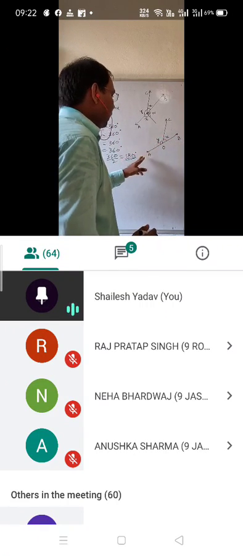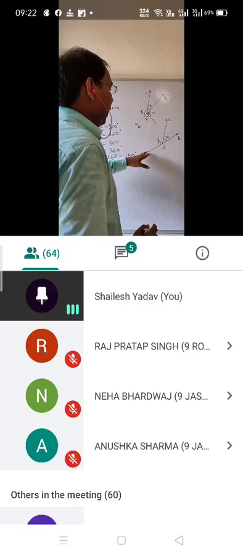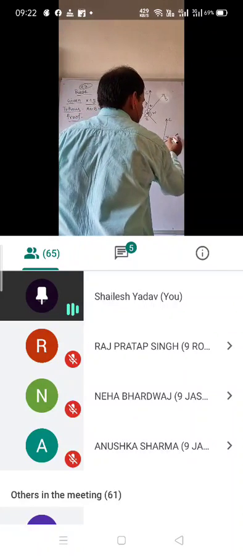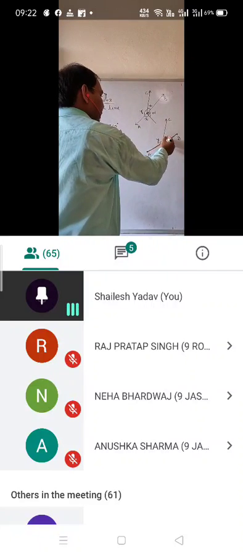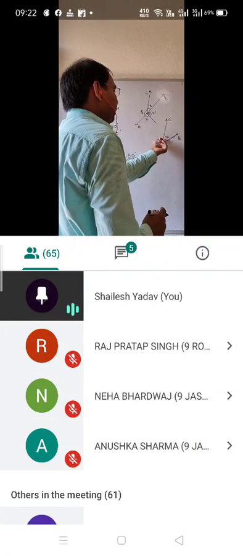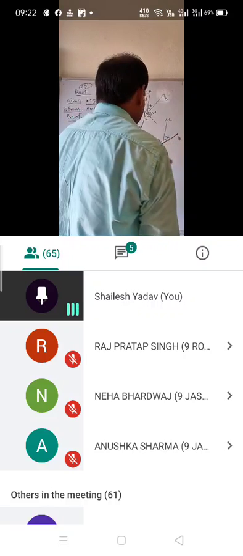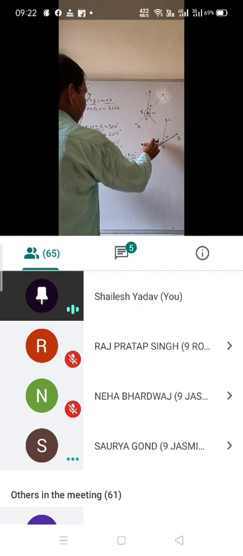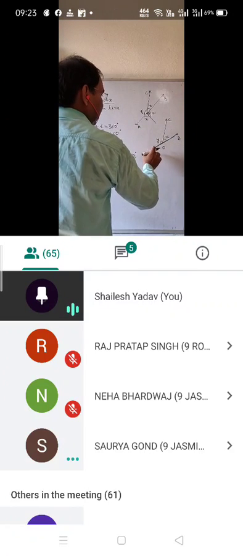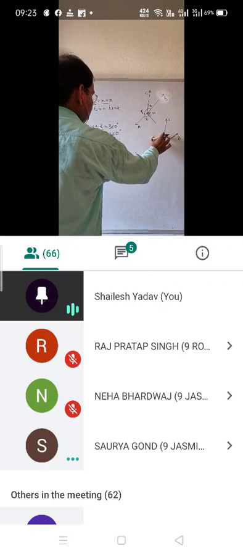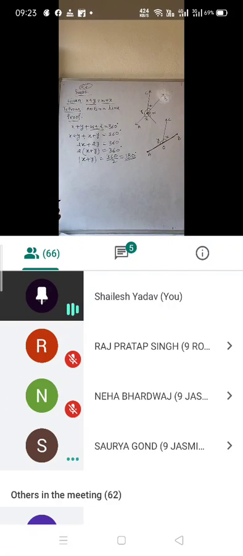When will it be 180 degree? When it is a straight angle. And when a straight angle is formed, it is always formed on a straight line. So here you are going to get x plus y is 180 degrees, which is only possible when it is a straight line. So here you will write: sum of x plus y is 180 degree. It shows that AOB is a straight line. So here you have proved that it is 180, so it will be a straight line.